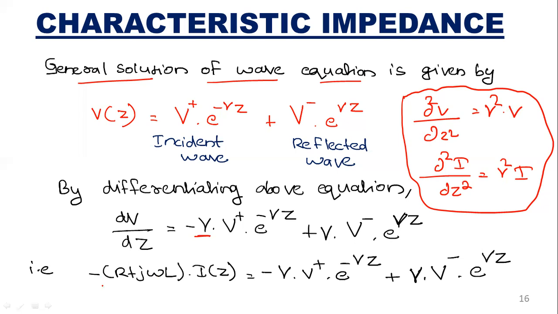And we got this, and dV/dZ we can substitute. So we have an equation dV/dZ is equal to minus (R plus jωL) into I(Z). We derived it while deriving the transmission line equation, that is, how the wave is propagated in the transmission line. When we derived that in the last class, we came across this equation, and we substitute it here: minus (R plus jωL) into I(Z) is equal to minus γ into the same equation. We substitute and find an expression for I(Z).